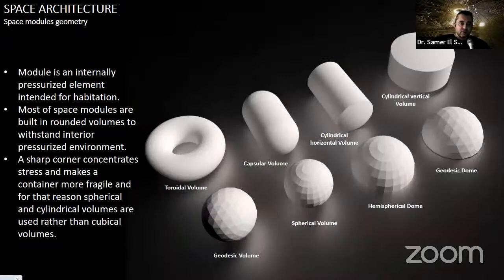Let's now talk a little bit about the modules, or the space module. The space module is an internally pressurized element intended for habitation. Most space modules are built in rounded volumes, of course, to withstand the interior pressurized environment, like 7-Up or soda cans. Soda cans are designed in a cylindrical shape for the same reason, because the internal pressure is much more than